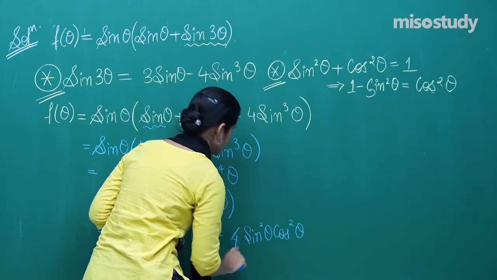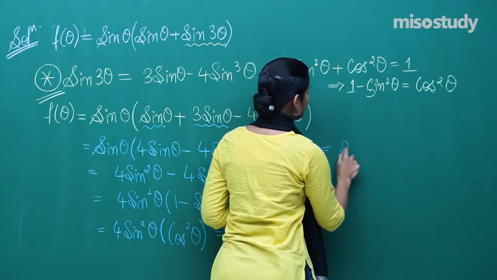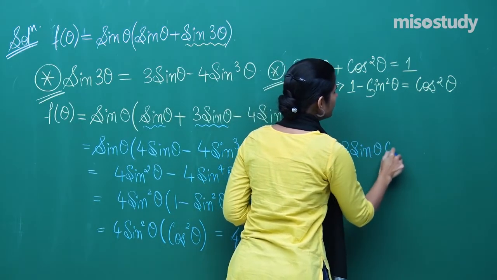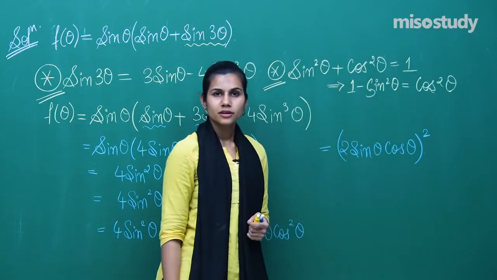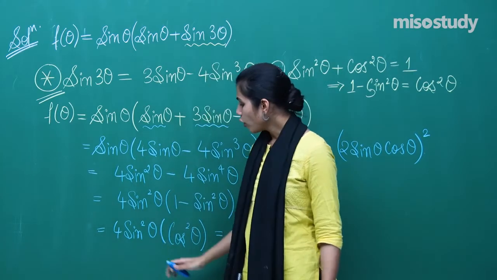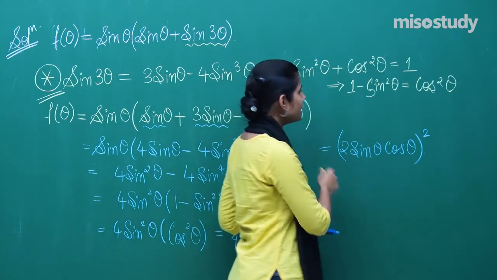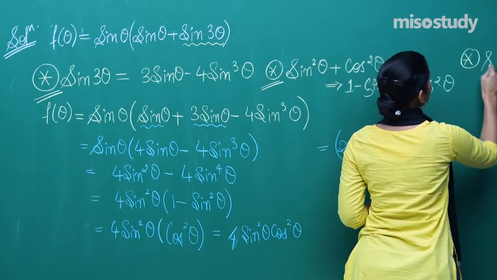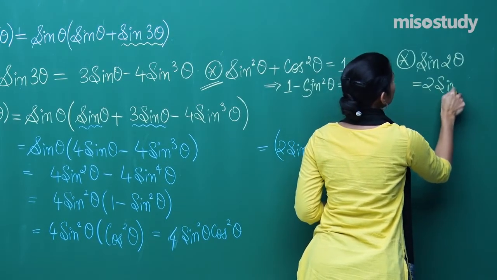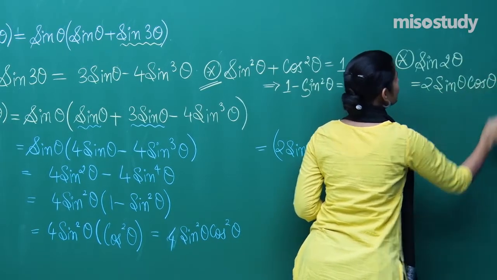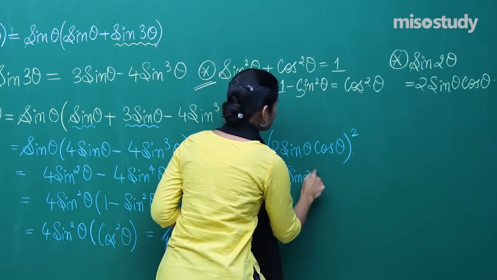4 sine square theta cos square theta. And this is what? This is nothing but 2 sine theta cos theta whole square. That is what it is. Because if you open it up, you get the same expression. And 2 sine theta cos theta, again if I use the identity, it is sine 2 theta, which is 2 sine theta cos theta. And so this expression becomes sine 2 theta